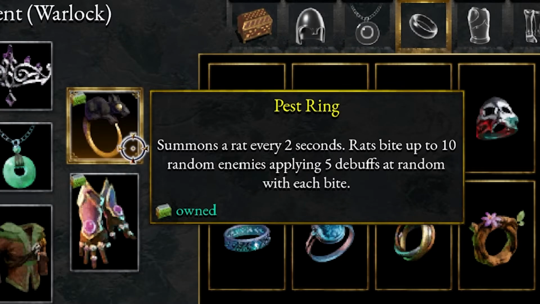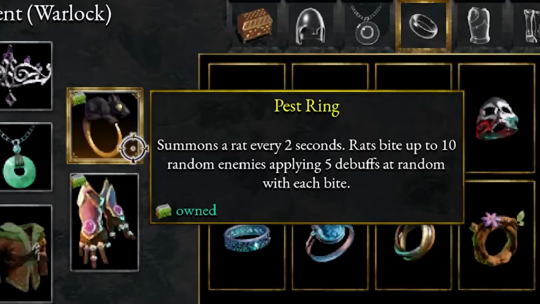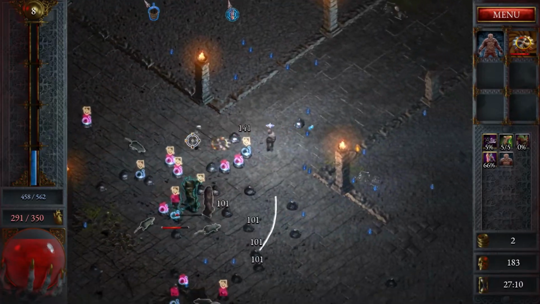classes. The Pest ring is unlocked by killing 50,000 enemies as the Exterminator. This is another summoning ring that summons a rat every 2 seconds. The rats will bite up to 10 enemies and apply 5 random debuffs to them with each bite. This ring is of great help when grinding out the Pestbringer 2 quest, where you have to apply a total